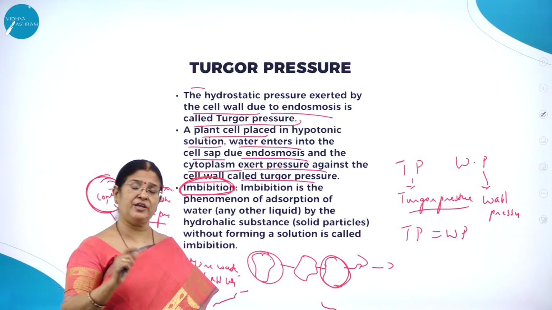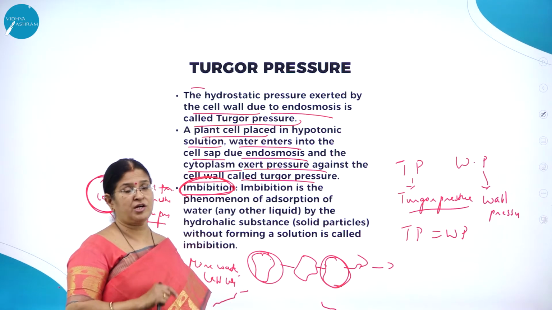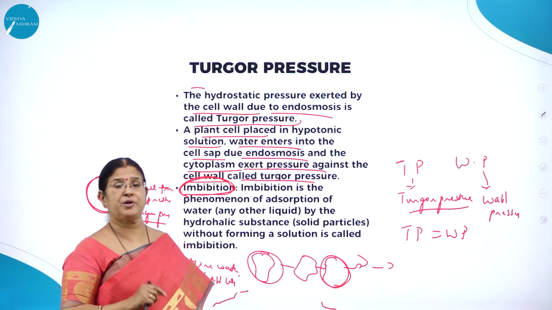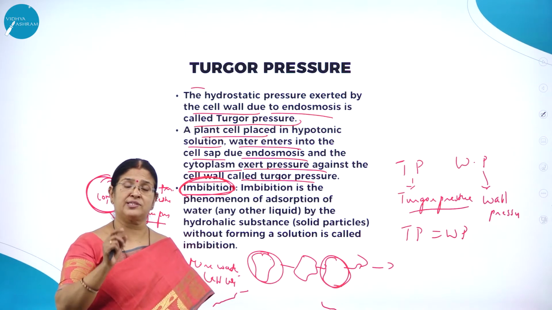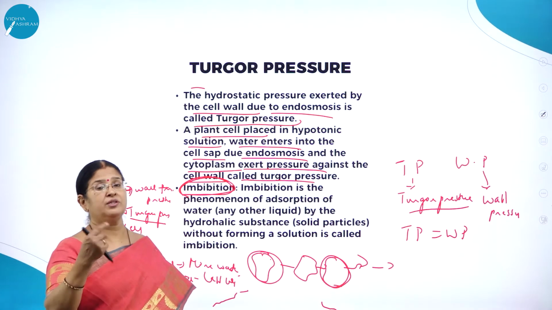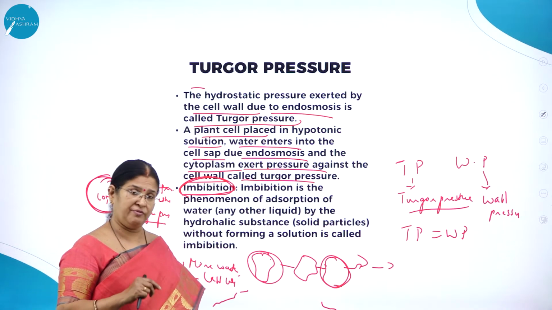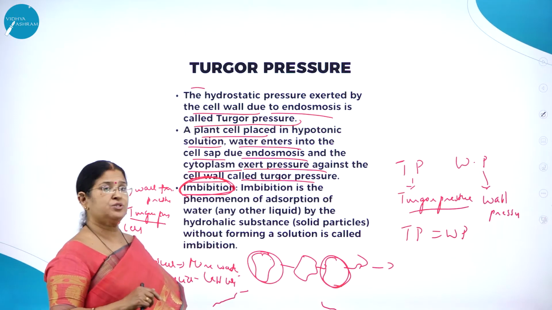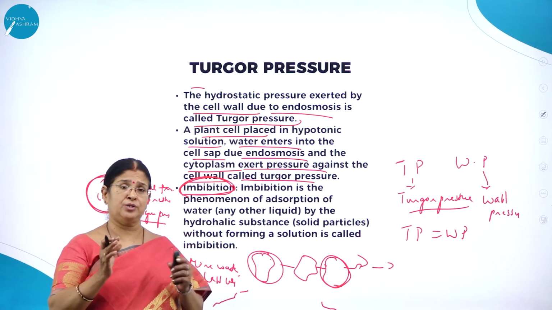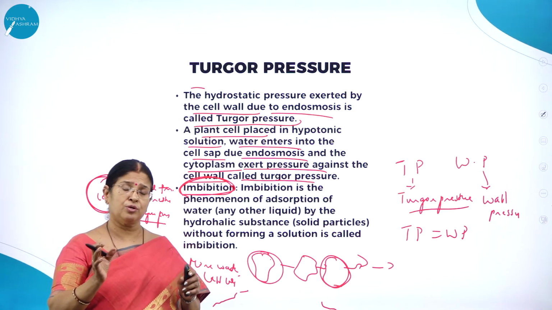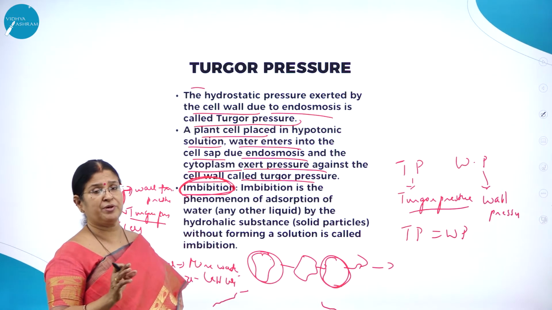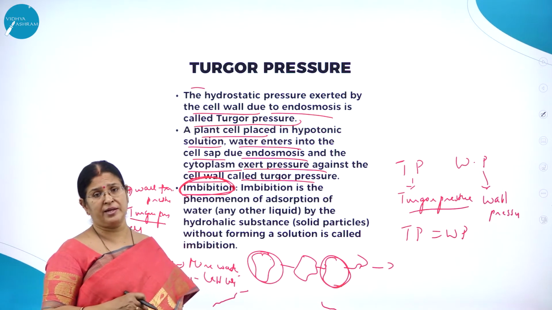So this is a very important physiological process. Even the absorption of water by the root hair is also a process of imbibition, because the root hair cell is an imbibing material, and that is the reason why it absorbs water. Also, during winter, we know that doors are very difficult to close and open because the wood would have swollen up, and that is also because of imbibition, because even wood acts as an imbibing material.